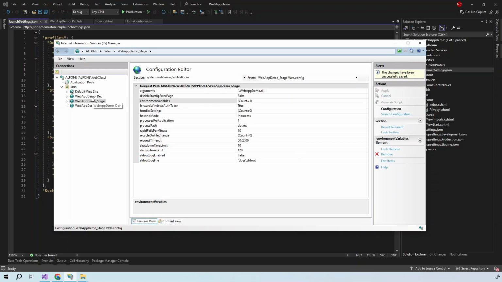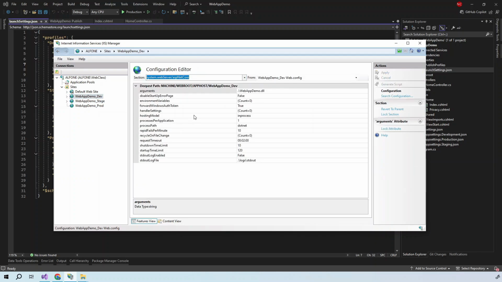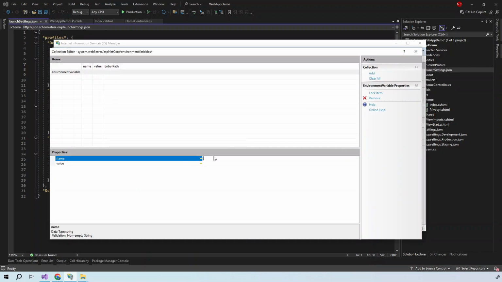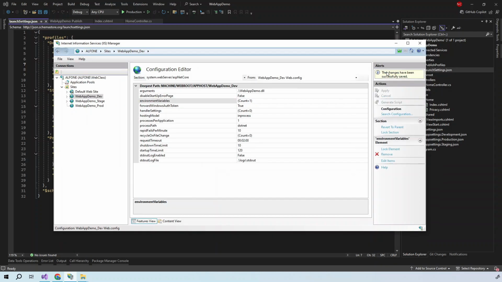I will do the same thing for web app demo dev. Configuration editor. I will go to environment variables. Then I will add ASP.NET Core environment with a value Development. I will do apply. With that in place, we are good to go to test our application on the IIS